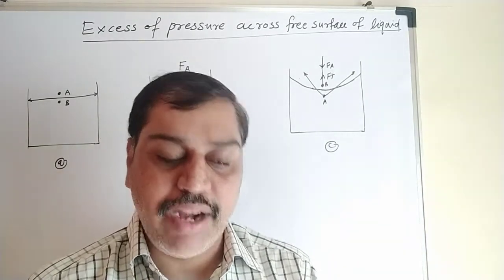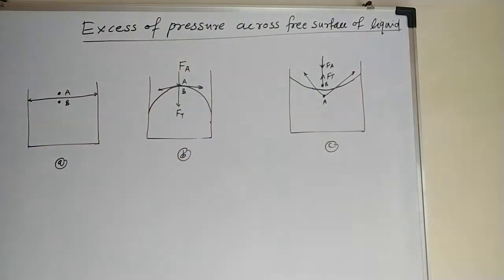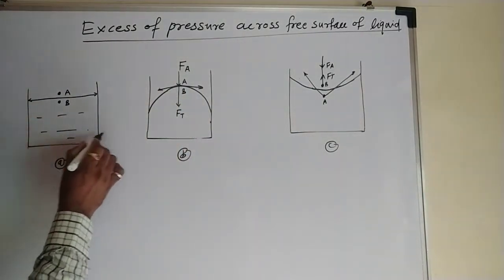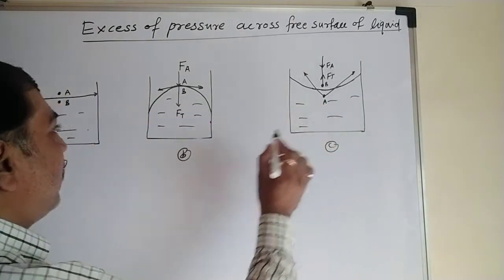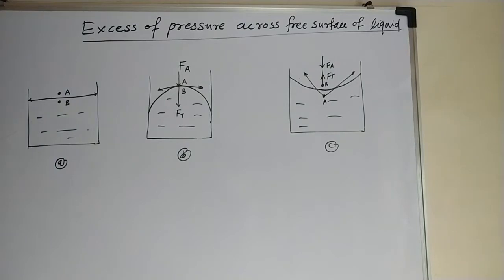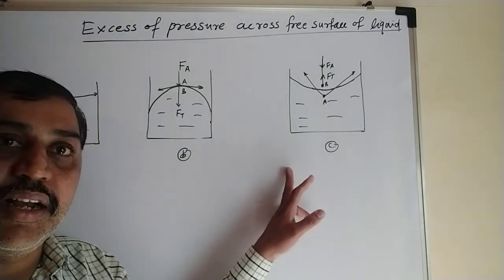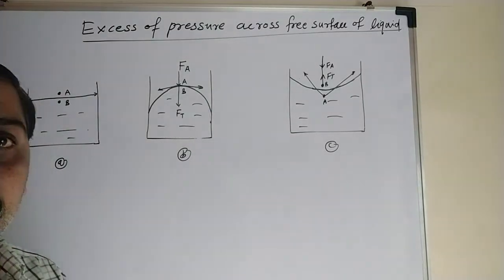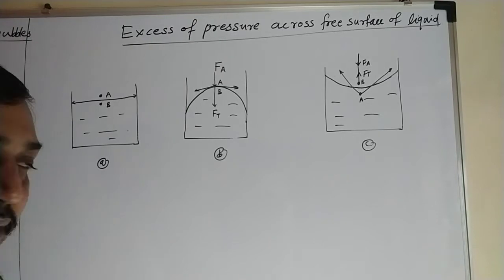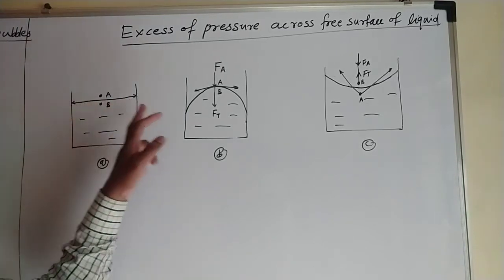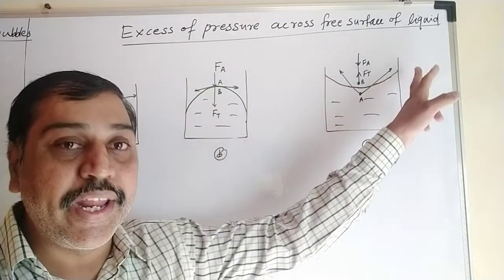Now in this topic, what we have to see here, suppose this is the liquid. We have taken three different liquids in these three different figures. Figure A contains the liquid, figure B contains a different liquid, and figure C contains again a different third type of liquid. According to the type of liquid, the shape formed at the top surface changes. Here it is a plane surface, here it is a topmost convex surface, here it is a topmost concave surface.